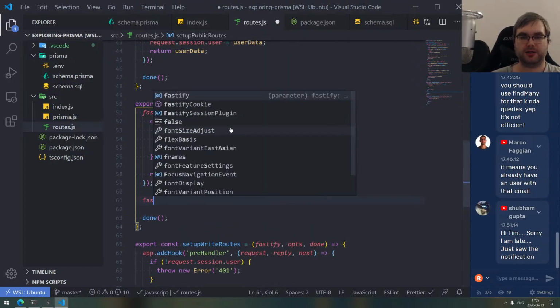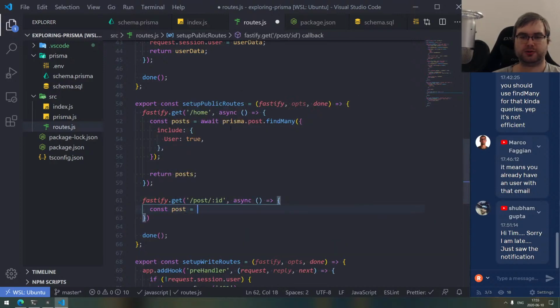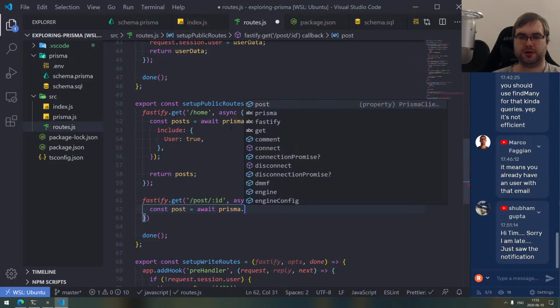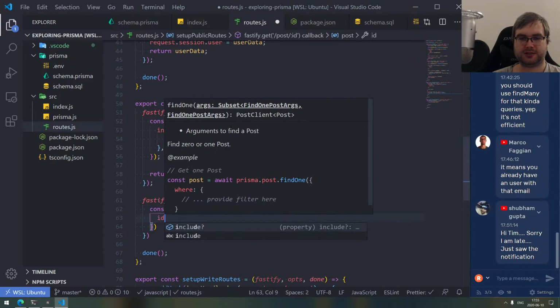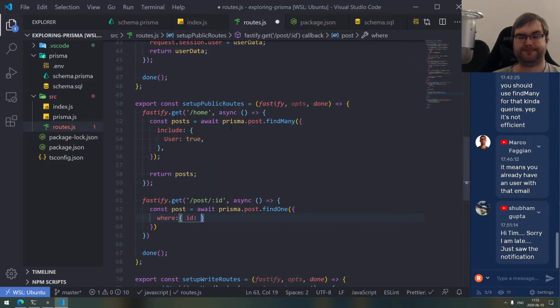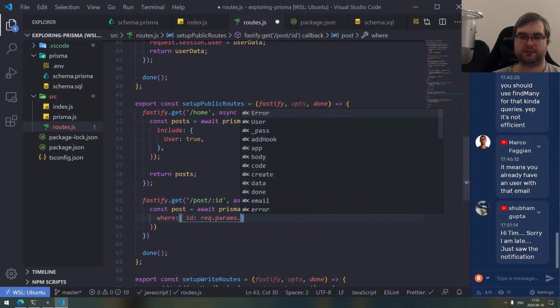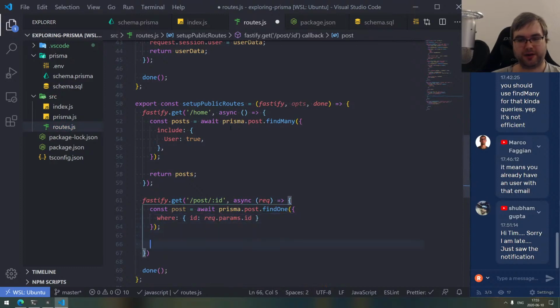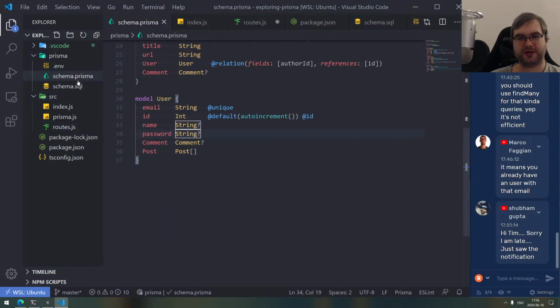All right, so then we get post ID, async, it's going to be post, await prisma. It's a very nice ORM. I'm not going to argue with this thing. All right, where ID is... right, I need request.params.id. The autocomplete definitely makes it easier to work with, but